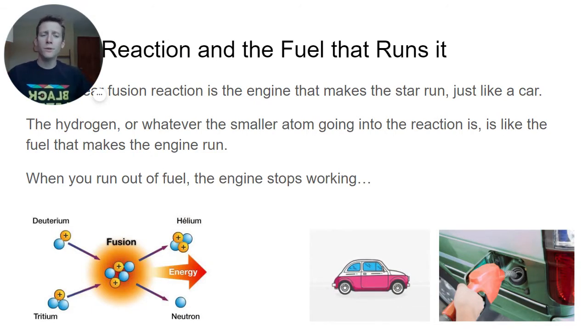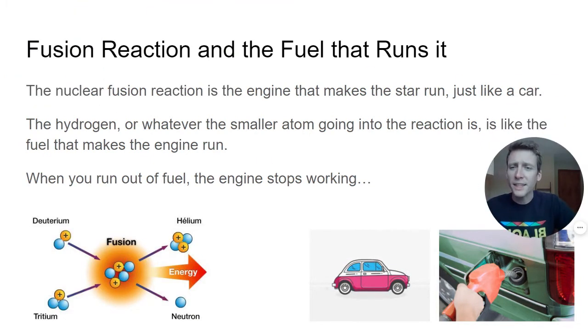Hydrogen, helium, beryllium, those small elements that go into the nuclear fusion reaction, you can think about that as like the gas in a car. This is what makes the star run. This nuclear fusion is what makes it a star. Just like if you don't got gas in your gas tank, your car is not going to function properly. If there's no light elements to go into a nuclear fusion reaction, or there's not enough force for that nuclear fusion to occur, for those atoms to get squeezed together, that star is not going to function properly. And it might turn into a different type of star.